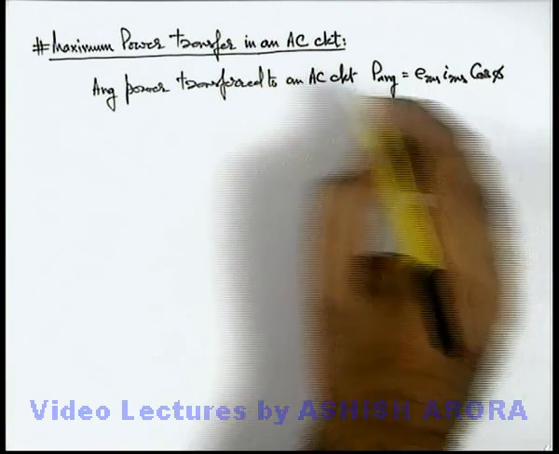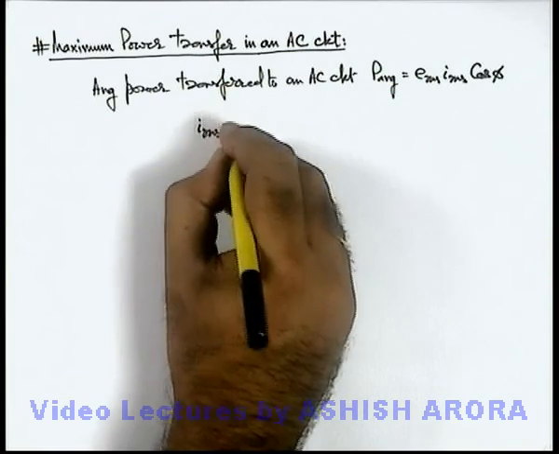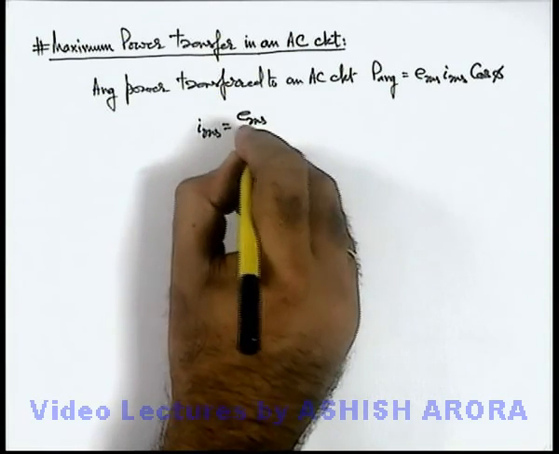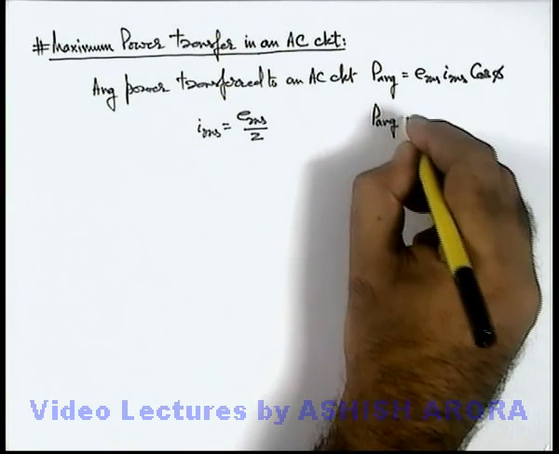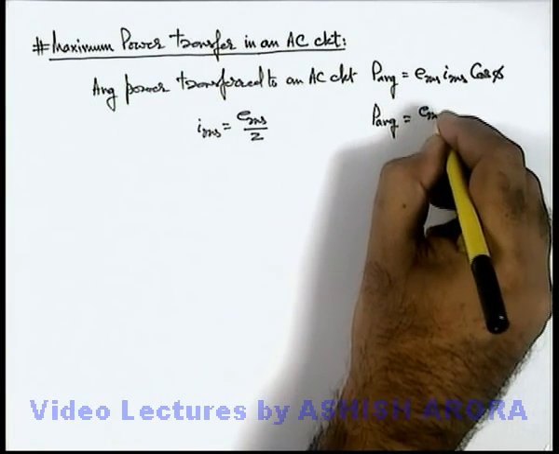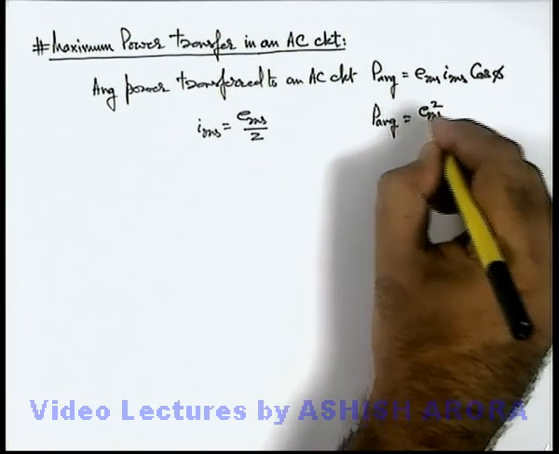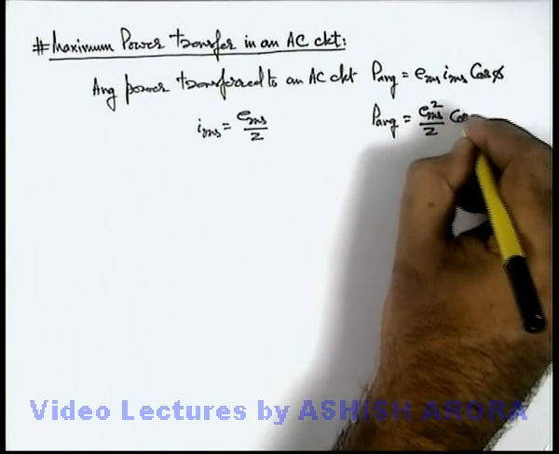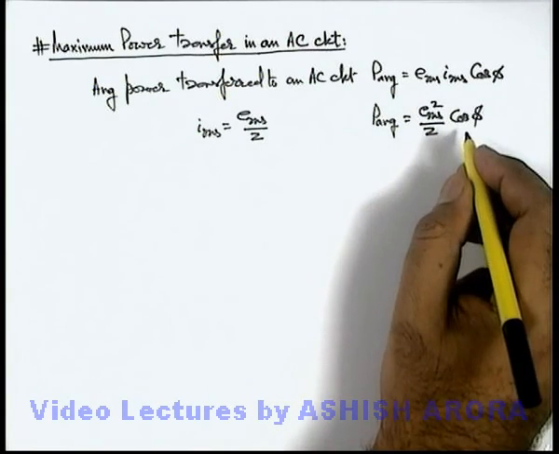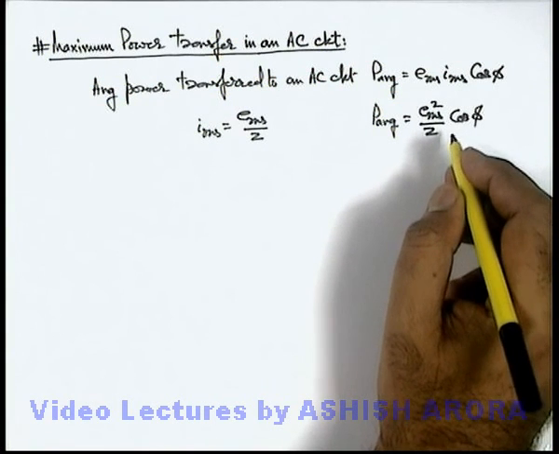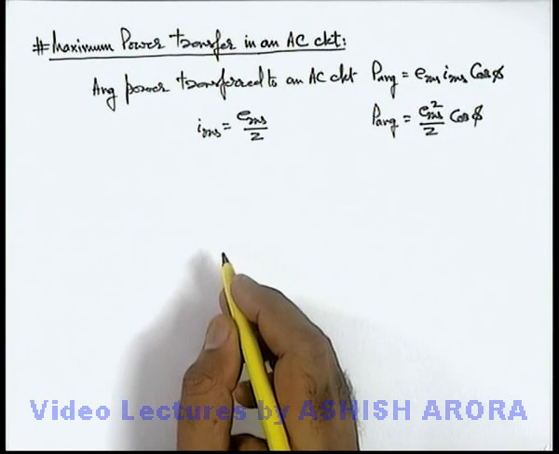Here we can write I RMS as E RMS by Z. So in this situation, average power can also be given as E RMS square by Z cos phi. Now this is the average power we are having, and in parallel we can write the value